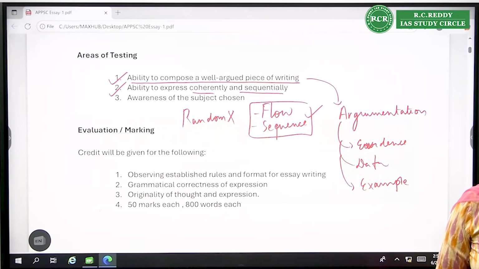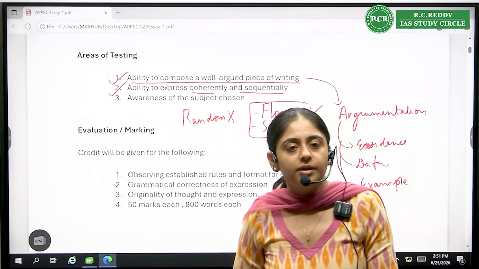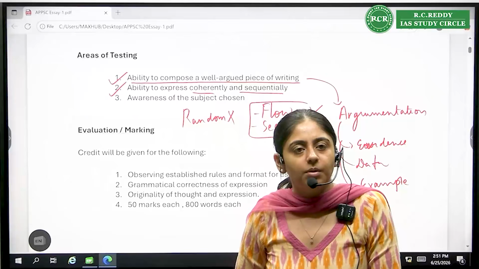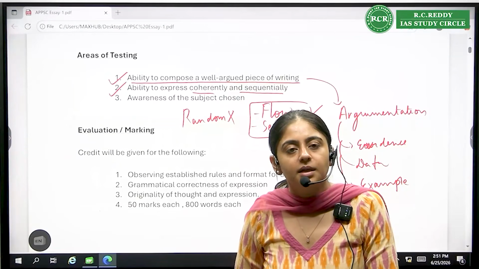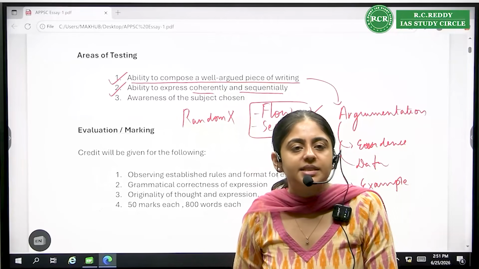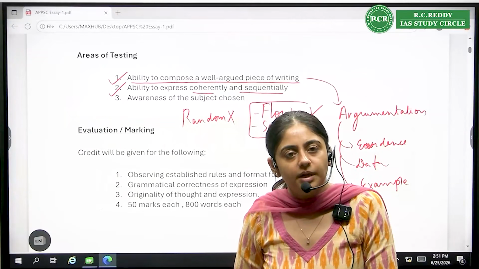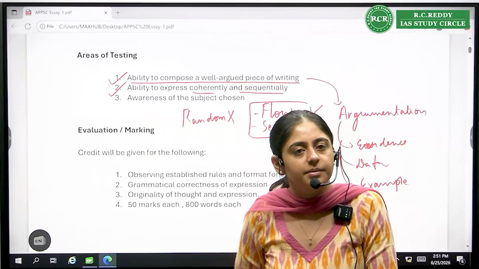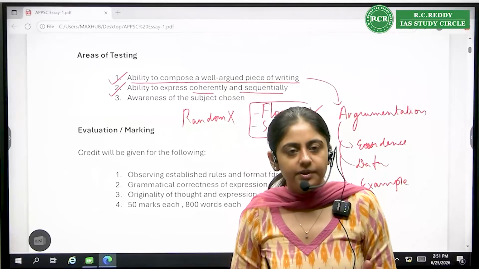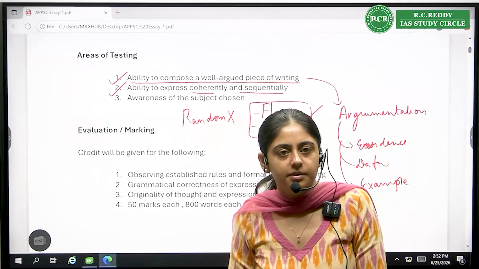When you're choosing a topic, few students have this habit that they will say, I want to choose a difficult topic, because no one will be writing about it and I will get more marks. No, that is not the case. Even if you write the easiest of essays, you should have full knowledge about it. If you have knowledge about it, even if 100 people are writing about it, it doesn't matter. Your essay will be checked on its own, not compared with another person's.